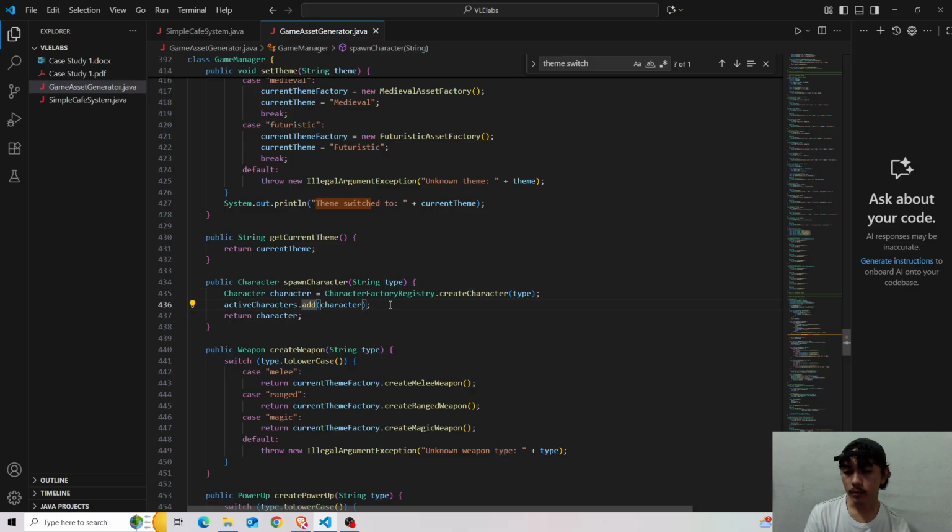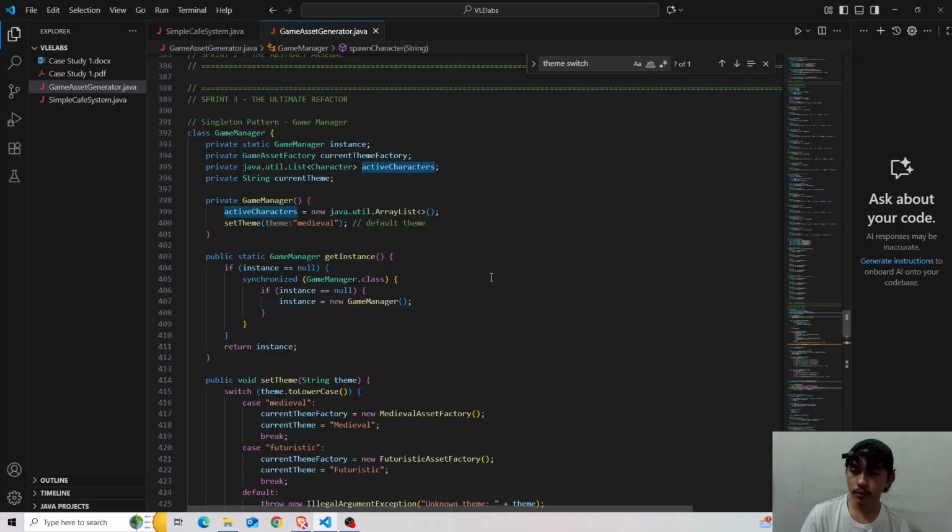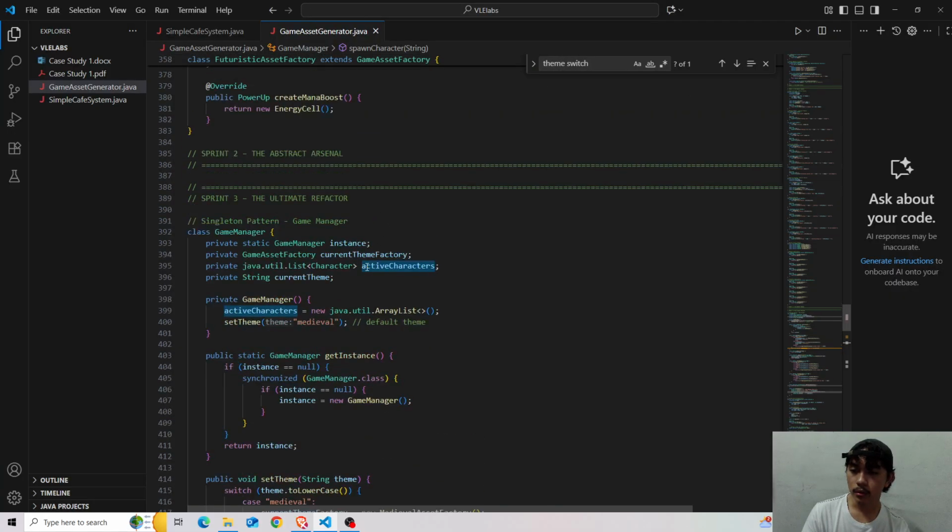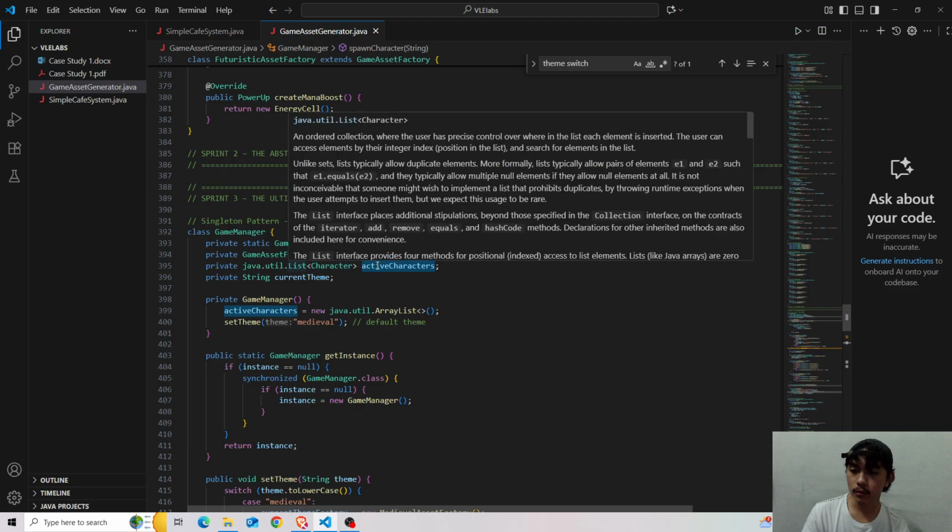So active characters add the newly created character, then returns the type of the character. So it will be added on the active characters list here.